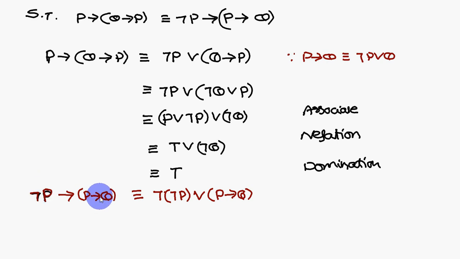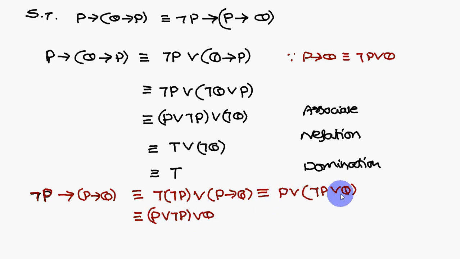So not P conditional Q. So I am removing the condition, I am removing the implication. So what you can do? Add negation to the first one. Already negation is there, negation of negation P. In place of implication you write R, P conditional Q. So negation of negation means P or P conditional Q. Condition I am removing, therefore not P or Q. Okay, what you are left with is P or not P or Q.